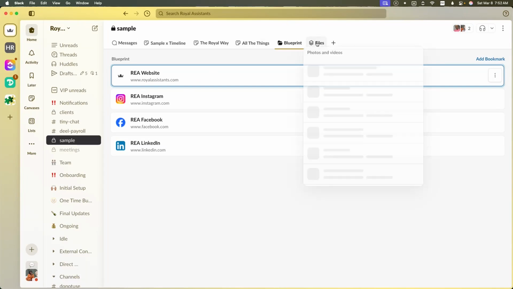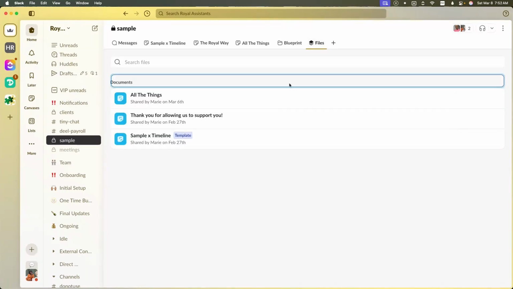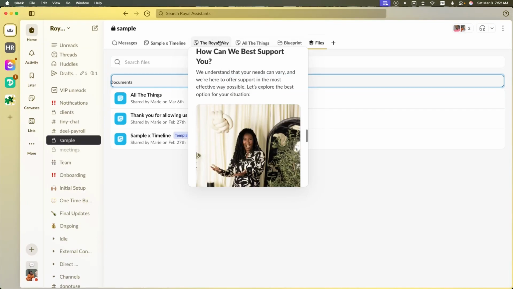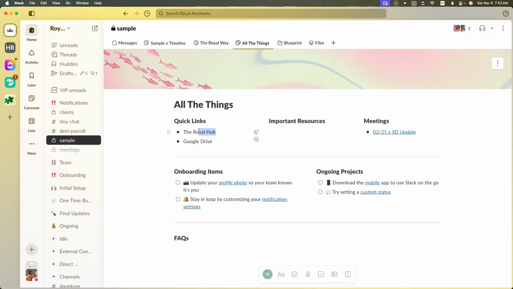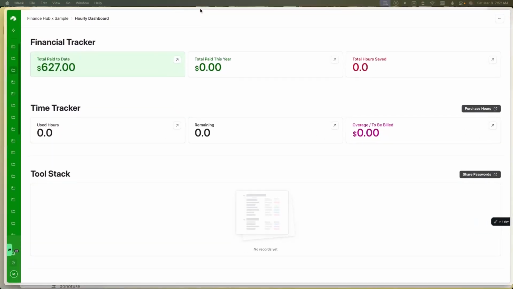I do that. And then natively, any files that are added inside of messaging get added here. So there's one big thing that I didn't show you guys yet. On our all the things, we have something called the Royal Hub. And so we use this inside of